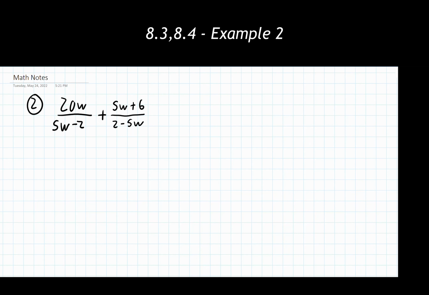For our second example, we again begin by looking at the denominators and seeing if these things are the same or different. And looking at them at face value, these things are going to be different from one another. So, our first step in that process would be to fully factor the denominator of all rational expressions. I don't need to factor the numerators because that's optional. So I'm looking at this and wondering, well, I can't really factor anything out of 5w minus 2. Nothing I can really do there. And similarly with the second one, I can't really factor out anything from 2 minus 5w at all.